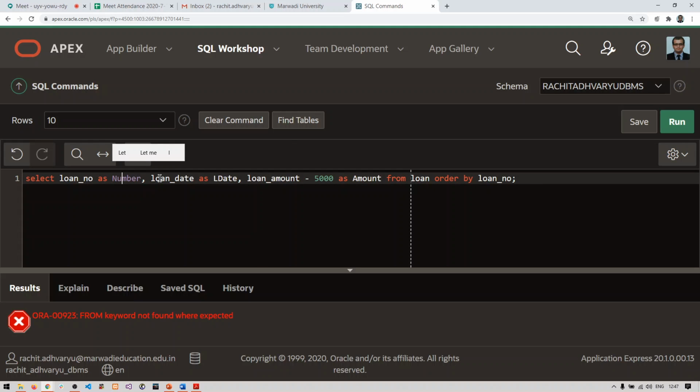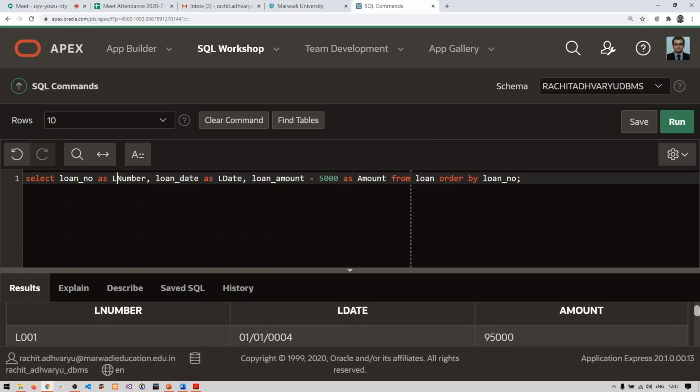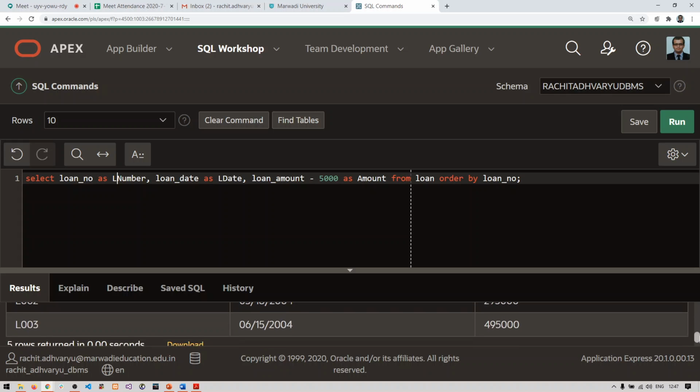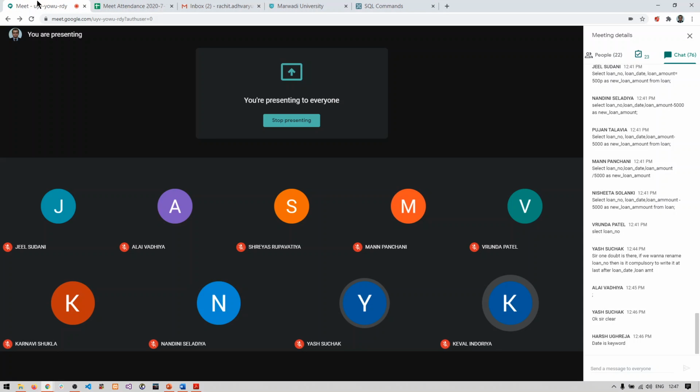Okay, very good. So L number and everything works now. Actually, I forgot that number and date are keywords of Oracle itself, so we cannot use them. Thank you, Harsh.